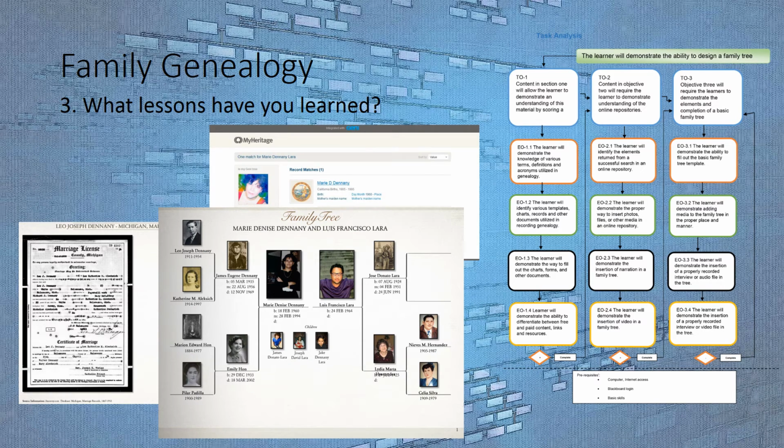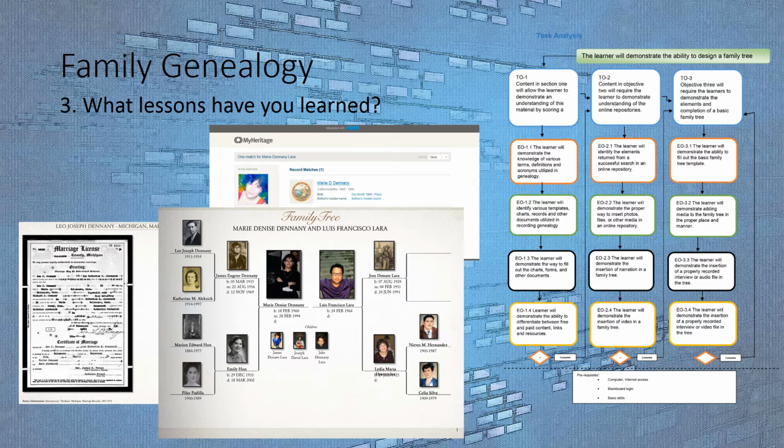In order to address the third question, what lessons have you learned? I would have to say that number one, I learned that I spent way too much time doing my task analysis wrong. Number two, I got distracted many times because I've been utilizing my own family history for the sample documents and records. And so many repository sites and web resources are updating their information. And as I've gotten better at the process, I end up discovering something new or even a new resource. And then I end up spending 30 minutes on checking it out instead of the 5 minutes it should have taken for me to get on with the development of the lesson.